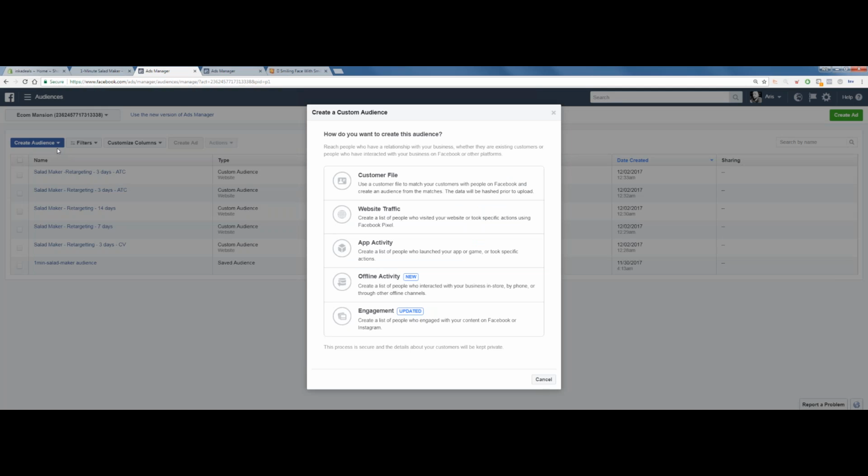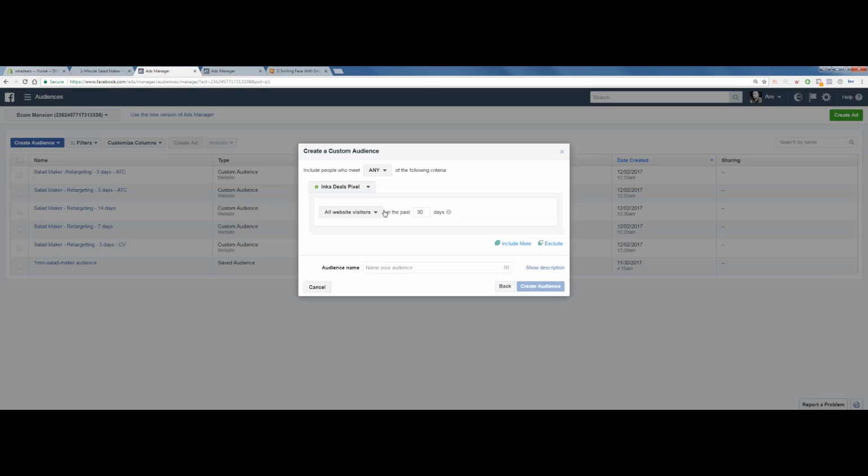And we're going to create 3 types of lookalike audiences. The 3 audiences that we're going to build are add to carts, initiate checkout, and purchases, which I don't have here because this account doesn't have any purchases.